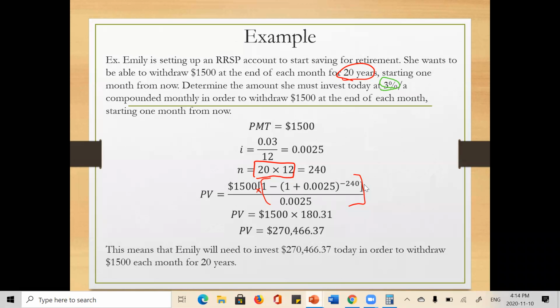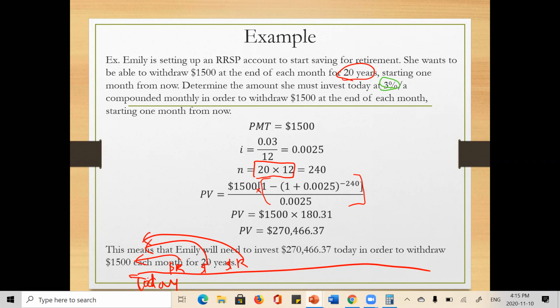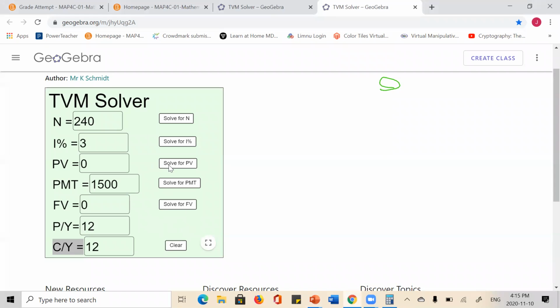So which one are we interested in for this example? We were interested in how much I have to deposit today to get those future payments. Because we're focused on what's happening today, not the future, we are going back in time, which means this is a present value question. I apologize, my writing is extremely messy. We know we're focused on present value because we are working backwards in our cash flow. So all we're going to do is click on where it says solve for PV, because we're interested in present value. And when you click on this, you end up getting